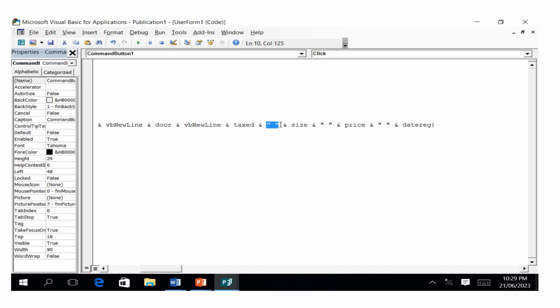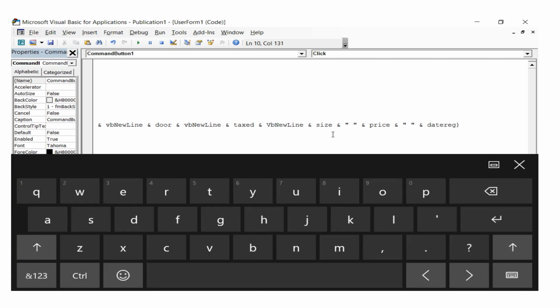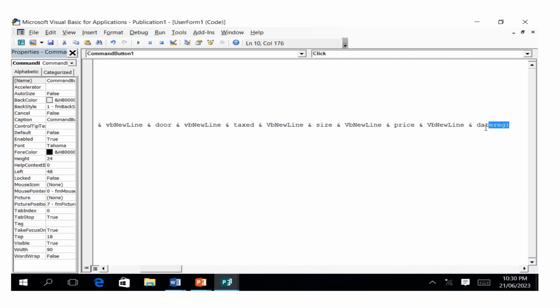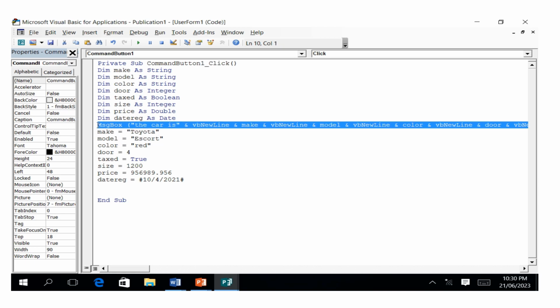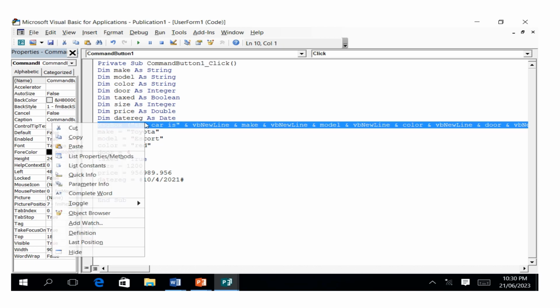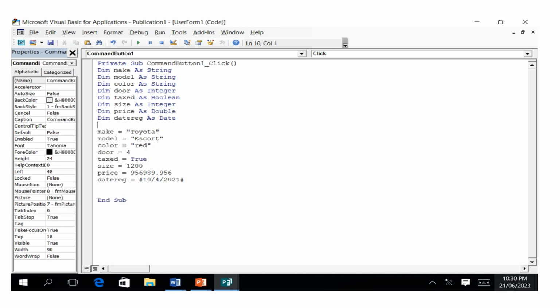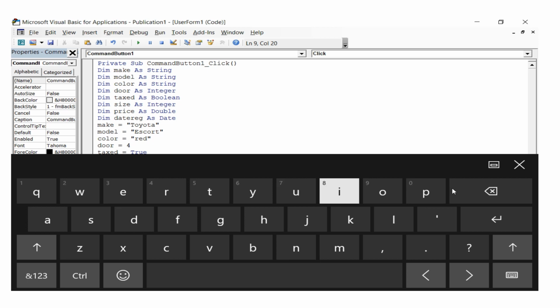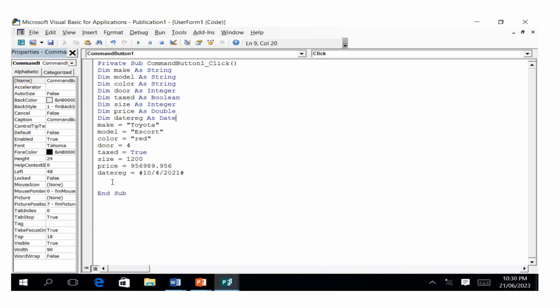We can also replace this with that, and then we also replace this, and then replace also this, and then we can try to cut this again, and then we can paste it here,